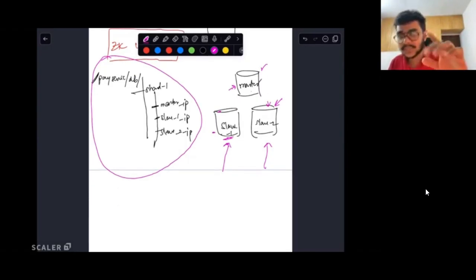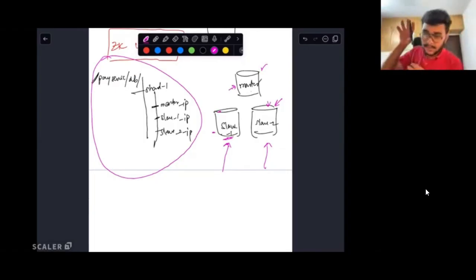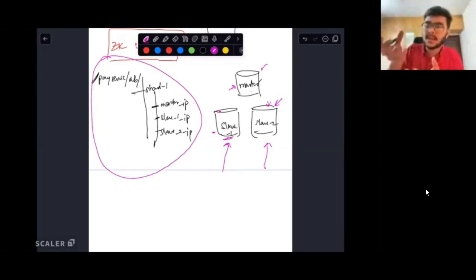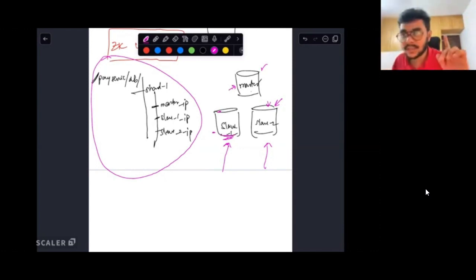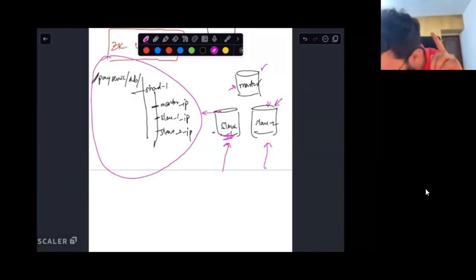And the slave is not sending it directly. Guys, anytime I say the slave is sending the request, please appreciate that there is a Zookeeper client running on the same machine as the slave, which is sending the request to the Zookeeper manager. I don't want to say that again and again and complicate the diagram. Everyone clear with this? When I say master or slave is sending a request to Zookeeper, it's a Zookeeper client program which is actually sending this request. Okay, awesome. So now let us say the slave is going to send a request to the Zookeeper machine, specifically for this master IP file.